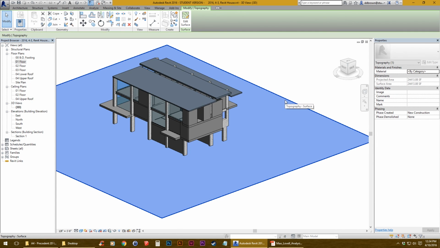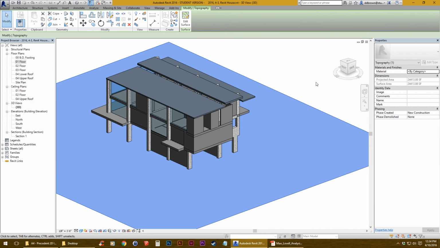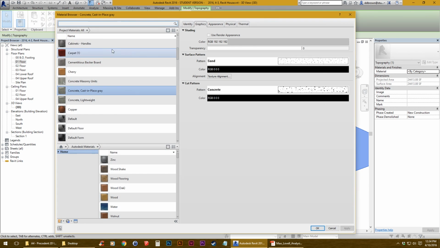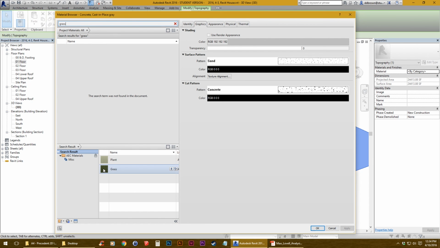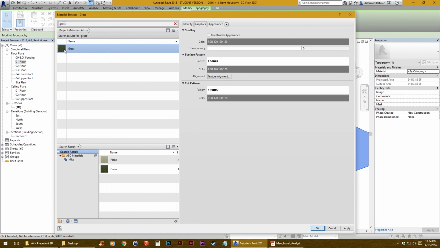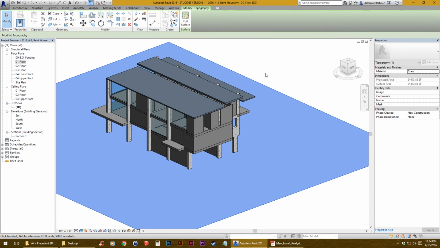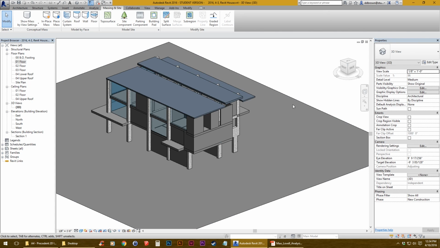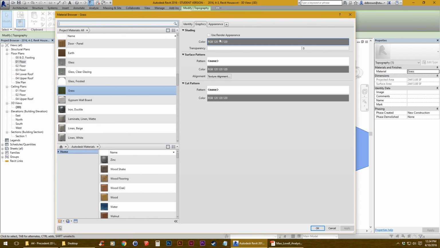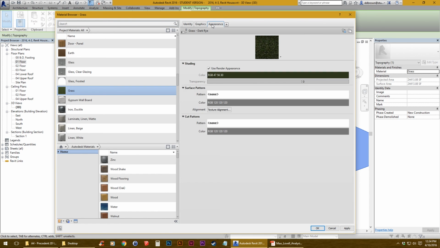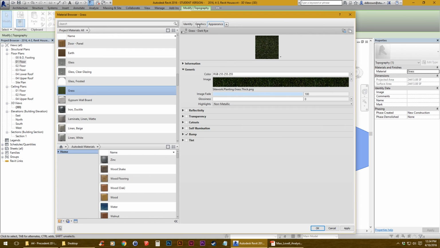If I wanted to change what type of material it is, I can click on that, change the material, and we search for some grass. So we'll add that in down here, change it to grass. You can see right now it's showing up as gray, and the reason for that is with our grass material, if I go back to edit that, right now it's in the shading view, it's just using a gray color. If I click on use render appearance, it'll take the image of the grass and use that color